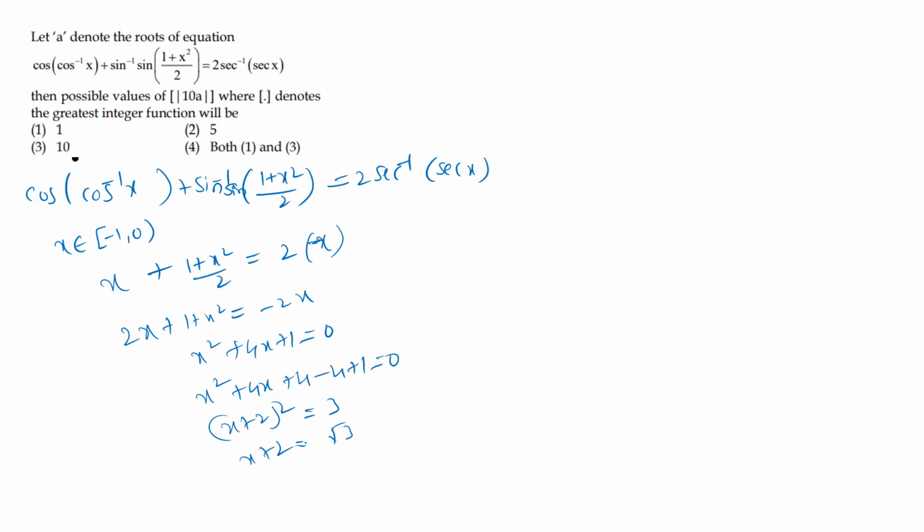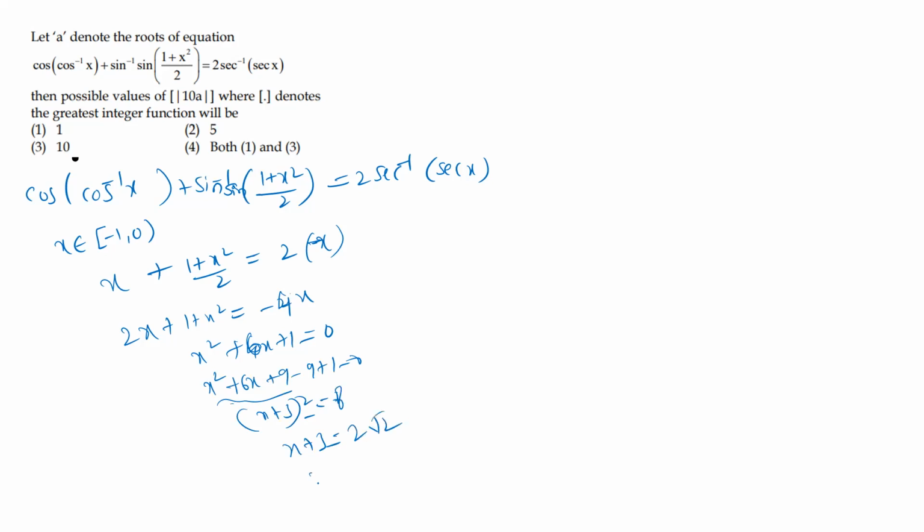Okay, when you take the root 3 value in this condition, exactly if you make perfect squares, no? Because simplification by taking LCM, this 2 is also multiplied on the right side now. It's total 4x, total is 6x will come. Okay. Now to make a perfect square of this one, x square plus 6x, half of 6 is what? 3. 9 adding and subtracting. This becomes x plus 3 whole square is equal to 8. x plus 3 is equal to root of 8, meaning 2 root 2. x is equal to what will come? 2 root 2 minus 3.